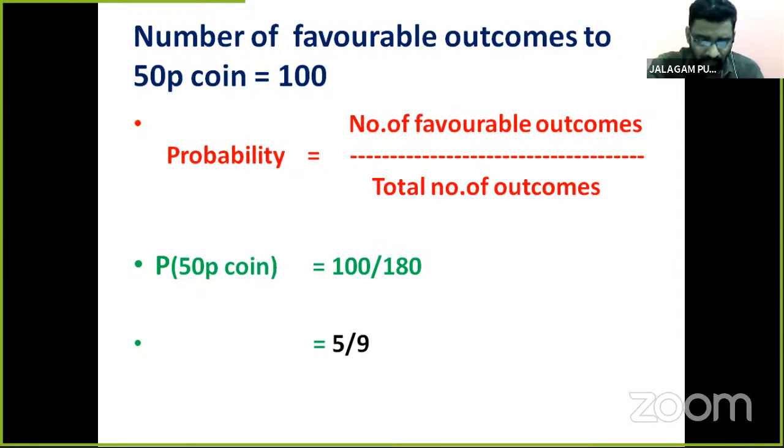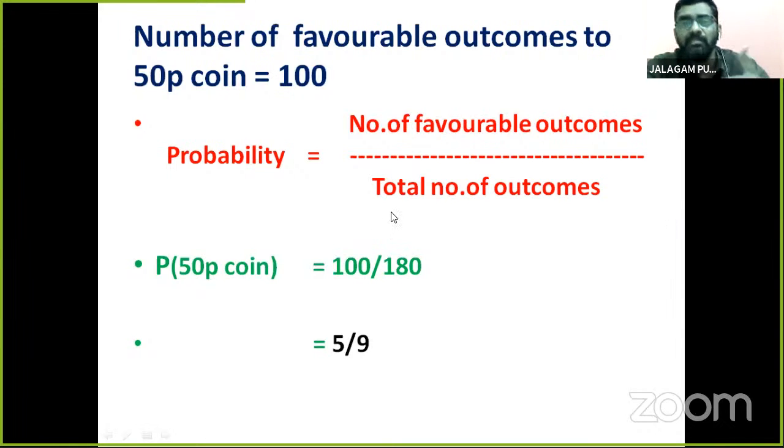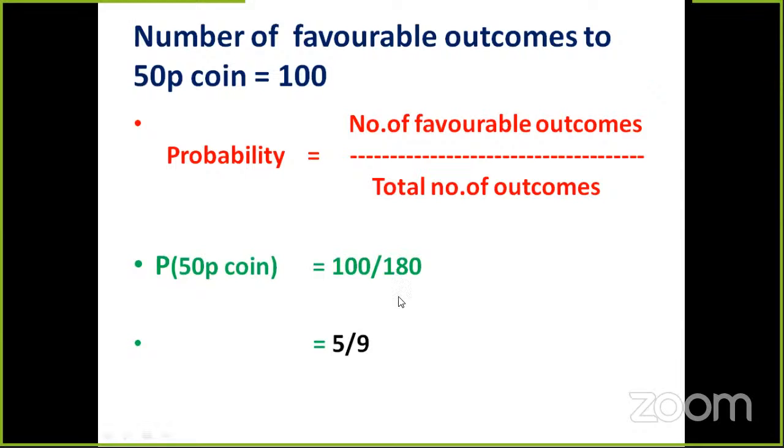So children, this is the end of our fourth day's class. Tomorrow we will continue with new sums on exercise 13.2. You may do some more problems also. This chapter is very easy, children, and totally depends upon the probability formula. If you have any doubts, please ask your subject teacher. I will complete it tomorrow with some more problems. Have a nice day, children. Thank you.